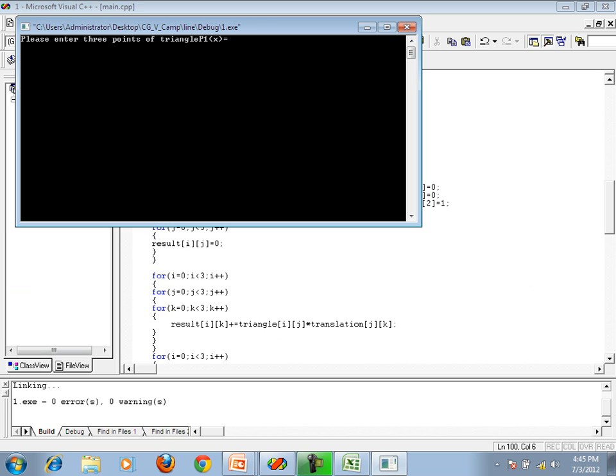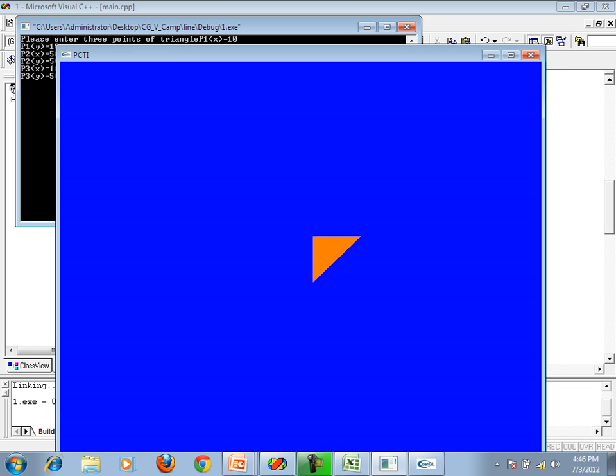But for the first translation it is okay. 10 comma 10, then 50 comma 50, and then 10 comma 50. Our triangle, just press capital X here. For capital X you can see that it is coming towards the left side. So left side आ रहा है, that means the translation is going correctly.